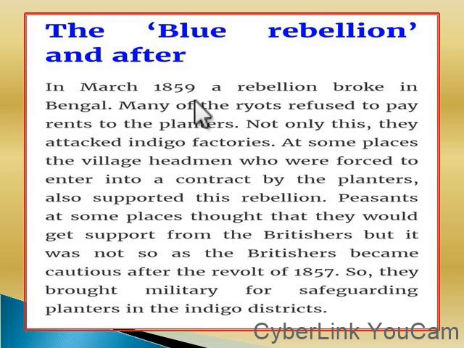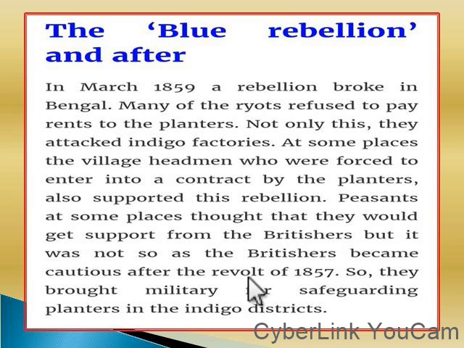In March 1859, a rebellion broke out in Bengal. Many of the Ryots refused to pay rents to the planters. Not only this, they attacked indigo factories. At some places, the village headmen, who were forced to enter into a contract by the planters, also supported this rebellion. Peasants at some places thought that they would get support from the Britishers, but it was not so, as